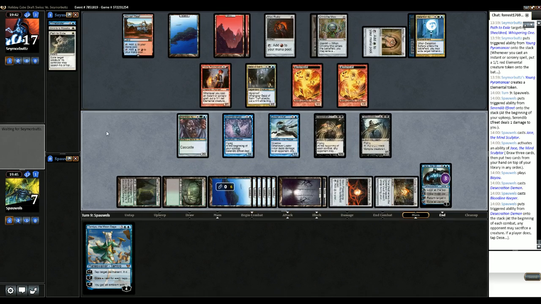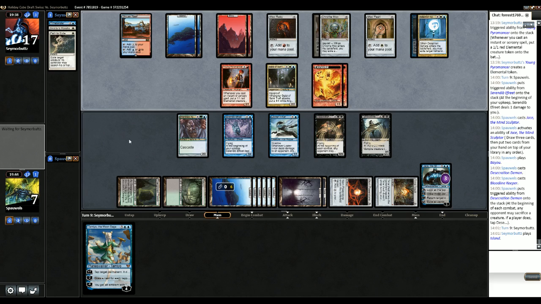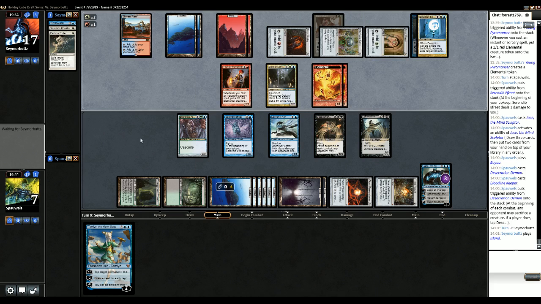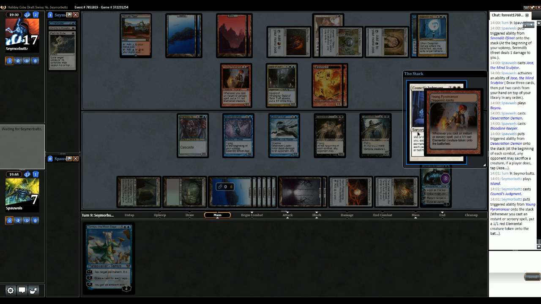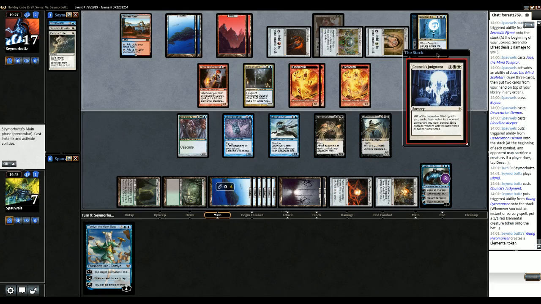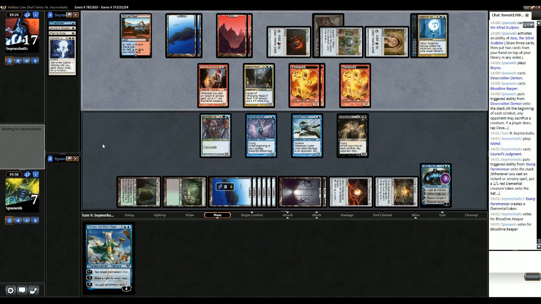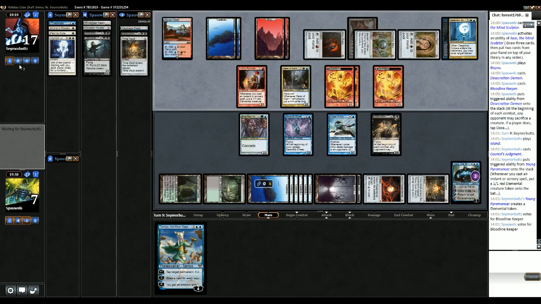Definitely don't want to be attacking here. Or don't need to be attacking. We'll fall down to 6. Like, we'll definitely have a clock on our own with the Efreet here. Double white. Council's Judgment. So he's gonna go for the Jace, right? Let's see what he votes for. So he's gonna go for Bloodline Keeper. Okay. I don't know if that's actually the correct choice there, but...